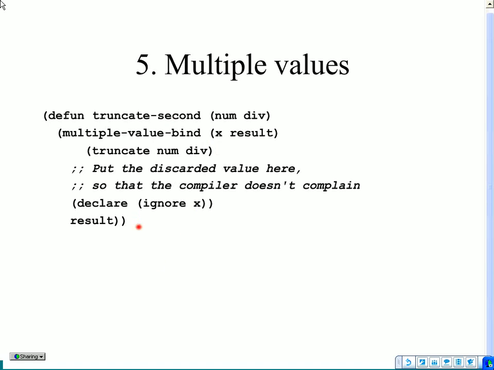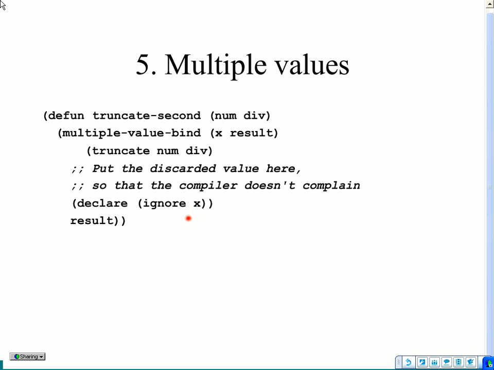When you compile this, the compiler is going to see that the variable x doesn't appear after its value is bound. The function's not using the variable x, and the compiler would print out a warning saying variable x not used,